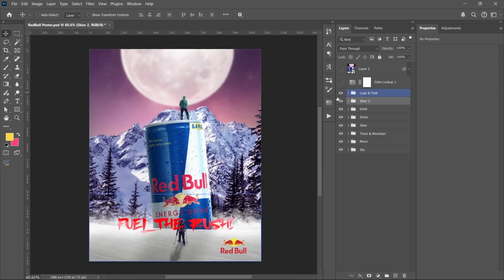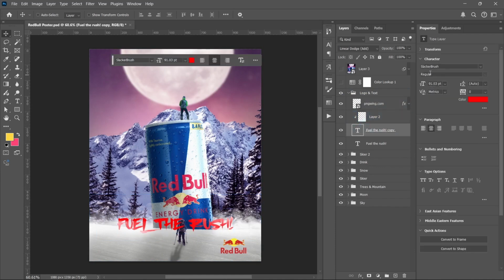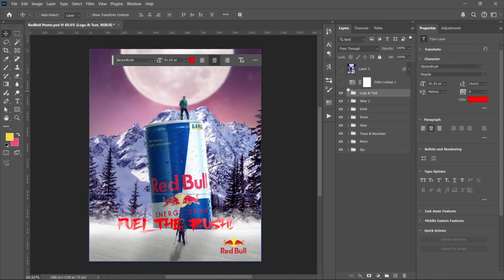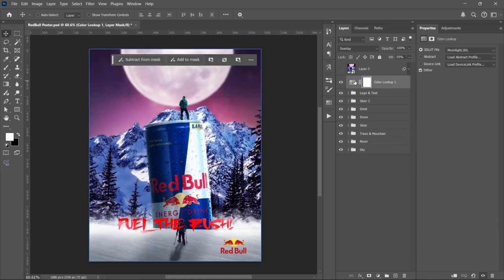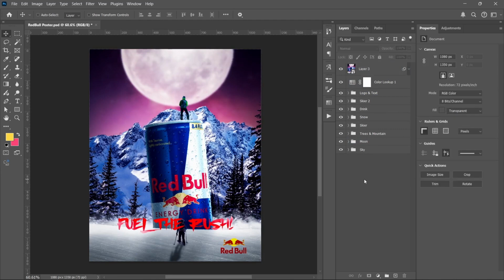Then the last thing I did was to add the logo and the text. I downloaded the logo from PNG Wing, and then for the text I used Slacker Brush. That's the name of the font I used. And after everything, I added the color lookup, Moonlight color lookup, and then created a snapshot of the layer, and I went to camera raw filter and I edited it. So that's basically the layer breakdown of this